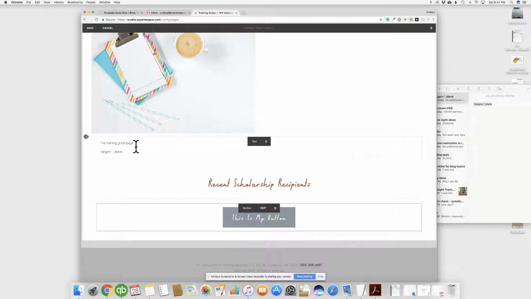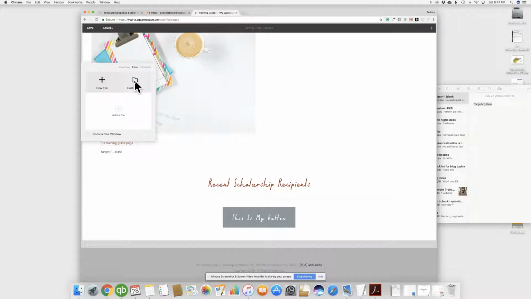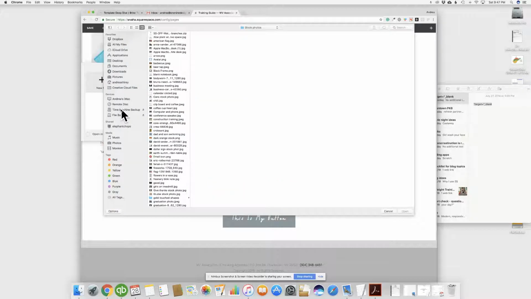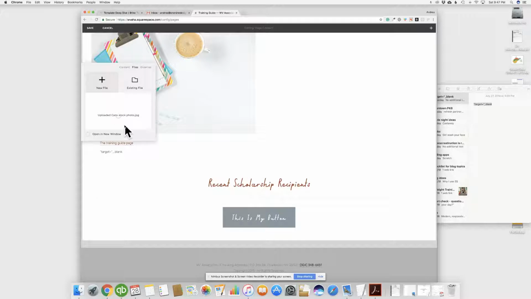To link just the basic text, I'm going to highlight the text that I want to link. I'm going to choose my link shortcut. And again, there are those 3 options. Content, I can link to a file. So all of those PDFs or meeting minutes, board minutes, newsletter files, just click on the arrow to add the file. Choose the file you want to upload. I'm going to pick a photo, but obviously you would be picking a PDF, and click open,